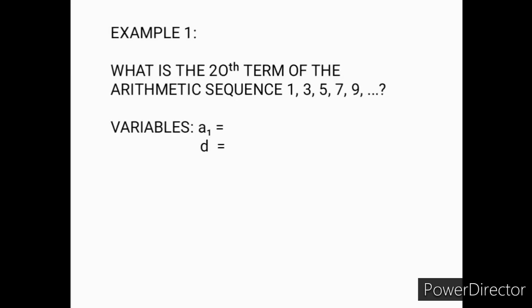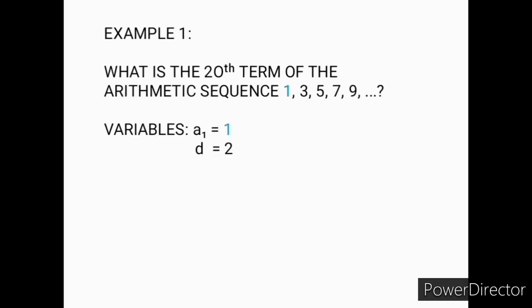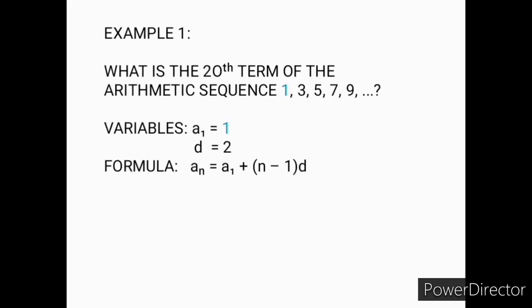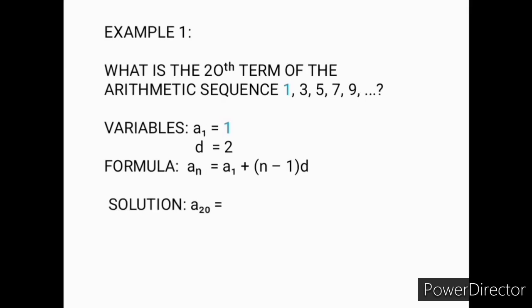To find the 20th term of this arithmetic sequence, the first thing we need to do is to identify the variables. So the a sub 1 or the first term in the arithmetic sequence 1, 3, 5, 7, 9 is 1, and the common difference is 2. Now, let's have the formula a sub n equals a sub 1 plus quantity n minus 1 times d. The next step is to substitute these values to the given formula. A sub 20 or 20th term equals